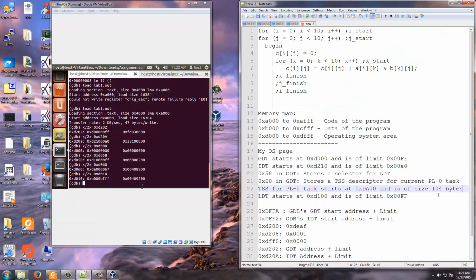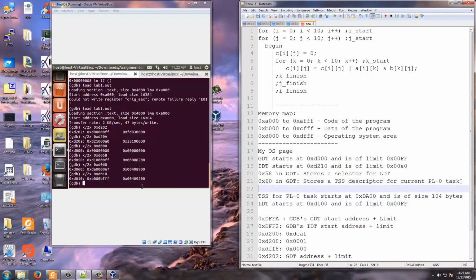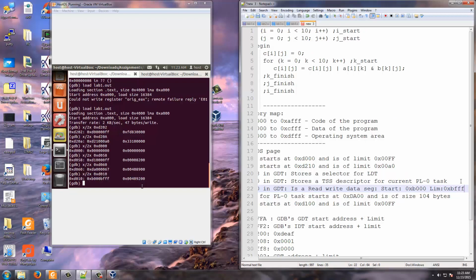So we will go back to this now. 0x10 in GDT is a read write data segment with start as 0xB000, limit as 0xBFF.